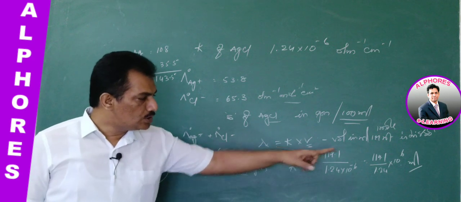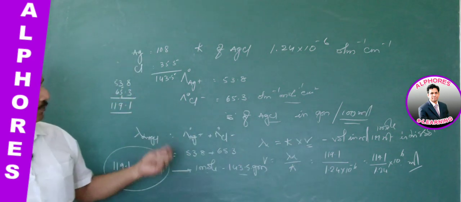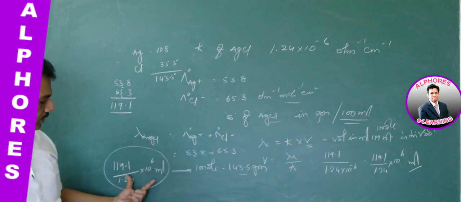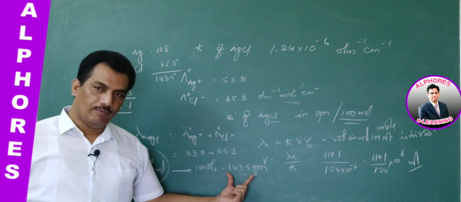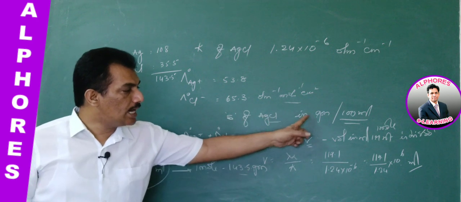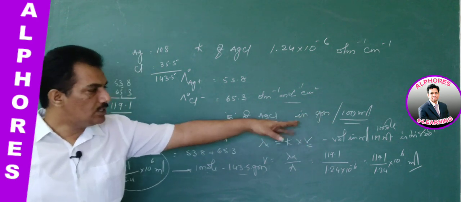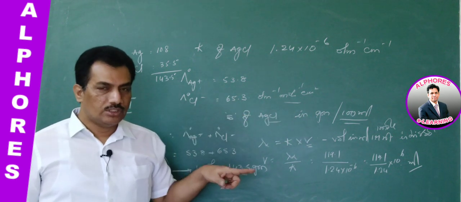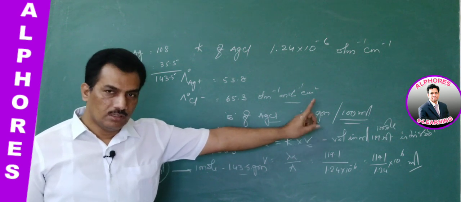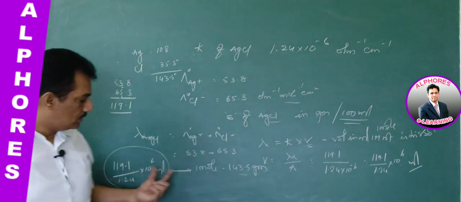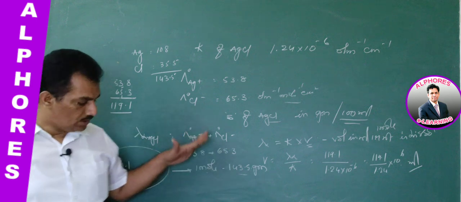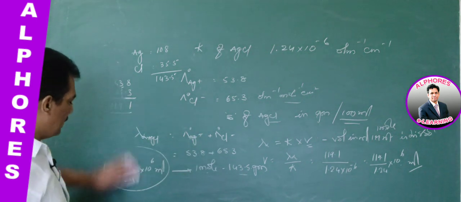So when the volume is known, in that volume 1 molecular weight, 1 mole of the electrolyte, is dissolved, and 1 molecular weight is 143.5. So this much volume possesses this much weight. The question asks for the solubility of AgCl in grams per 100 ml. If they were giving the solubility of AgCl in general, you could consider grams per 1000 ml, but specifically when they give 100 ml, you have to consider this. So this many ml possesses this much, 100 ml possesses how much? Clear? That is the solution for the previous session numerical.